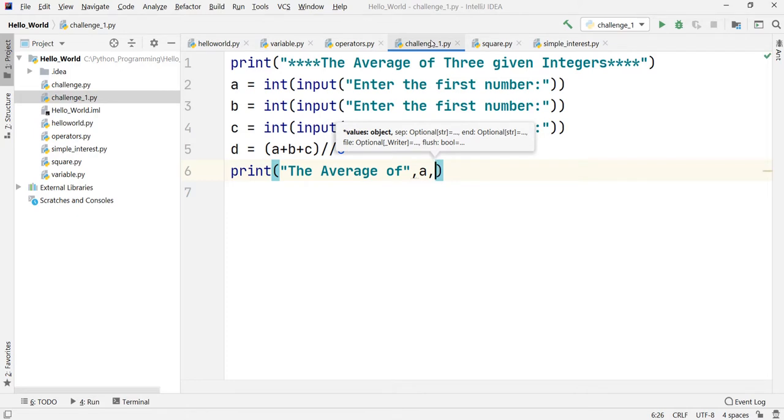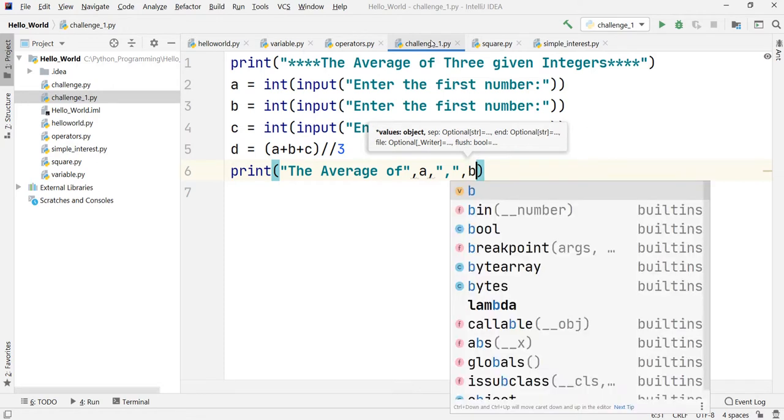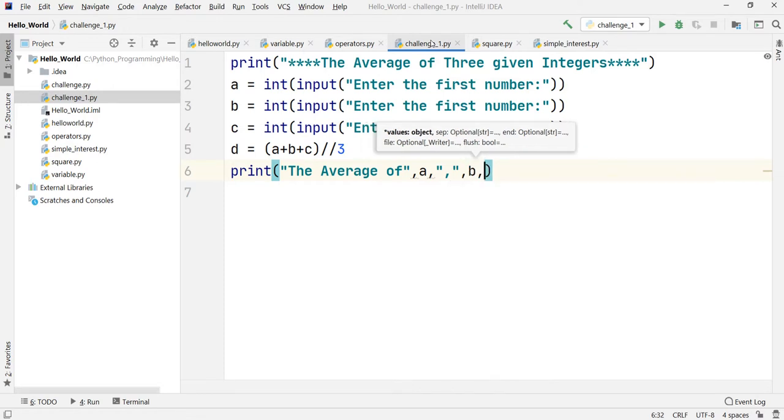After that I require one comma. If you want to print a comma, you will have to put it in double quotes. Then the value of variable a, comma, there will be another comma. Now I want to print the value of variable b, so I'll just put b. Again there should be one comma, and I want to write the word and there, so I'll put that in double quotes because it is a string.